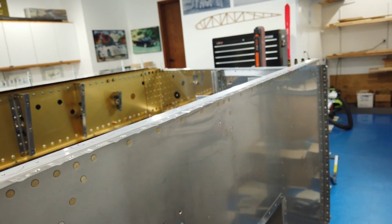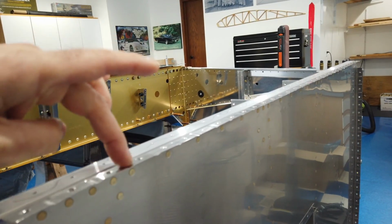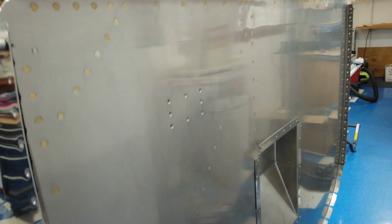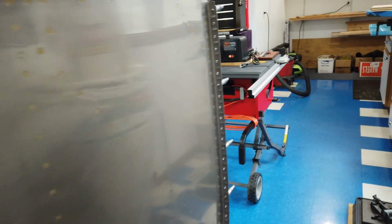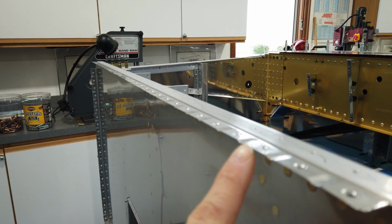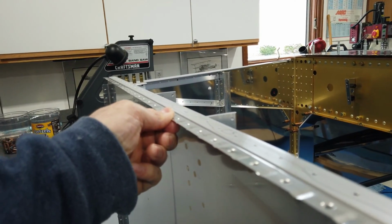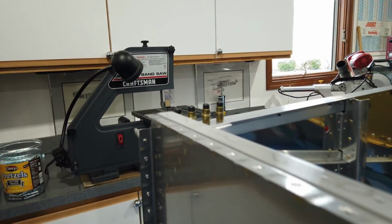So what I had done, I came back and fluted in between all the holes around the flanges of the firewall, and that was great. It immediately pulled all the slop out of the flange, and it made it perfectly straight, and it stiffened it up a lot. So I would recommend that once you get everything disassembled after you've done all your match drilling,